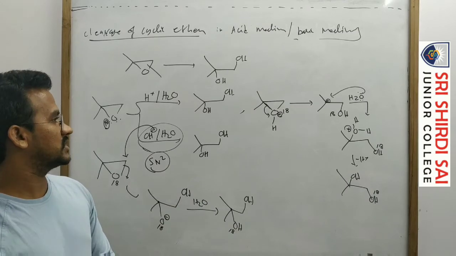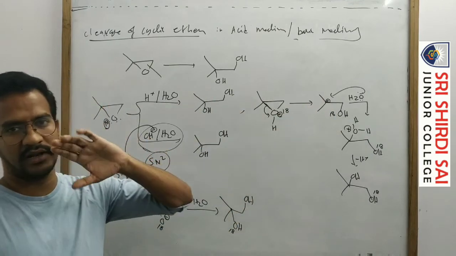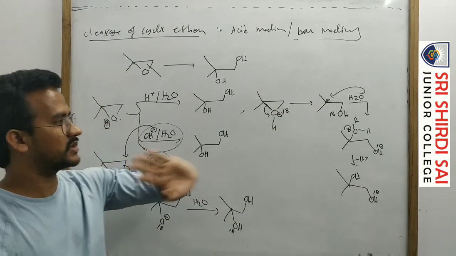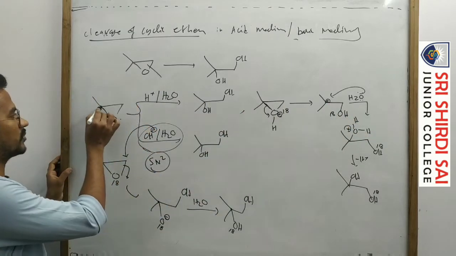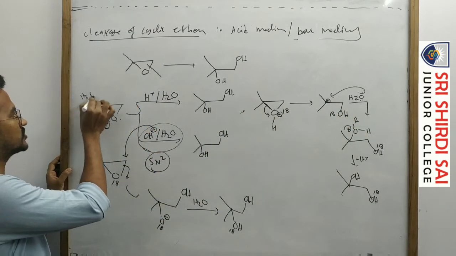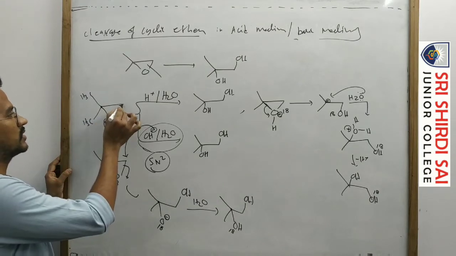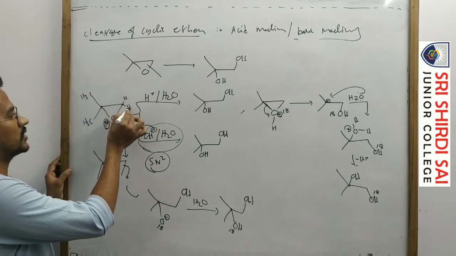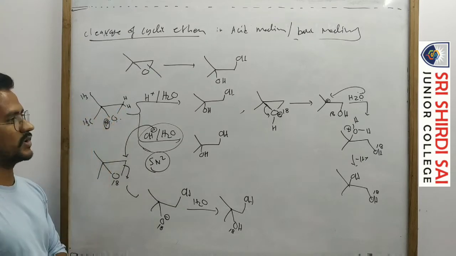In the SN1 case, the water nucleophile attacks the most substituted carbon directly. Simply, I want to check that the nucleophile attacks the most substituted carbon. It is the most substituted carbon because this carbon is attached to two methyl groups, but this other carbon is not bonded to any alkyl group, just hydrogen. So it is a less substituted carbon, and this one is a more substituted carbon.